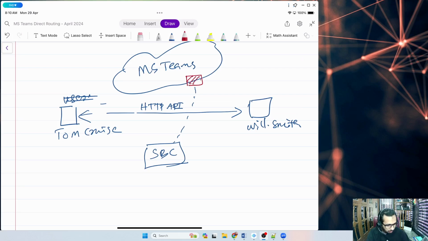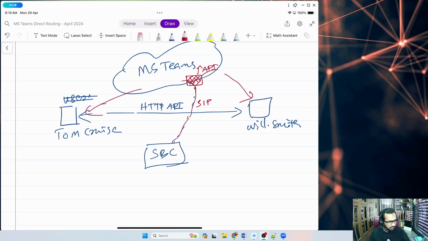Within Teams, they have a server. I don't exactly remember what kind of server it is, but it can translate this SIP into their native API calls. So that server will translate whatever SIP message we send to Microsoft Teams. It's a hidden server, not exposed to the public. They translate those SIP messages to the API, and then we can extend SIP calls to the users